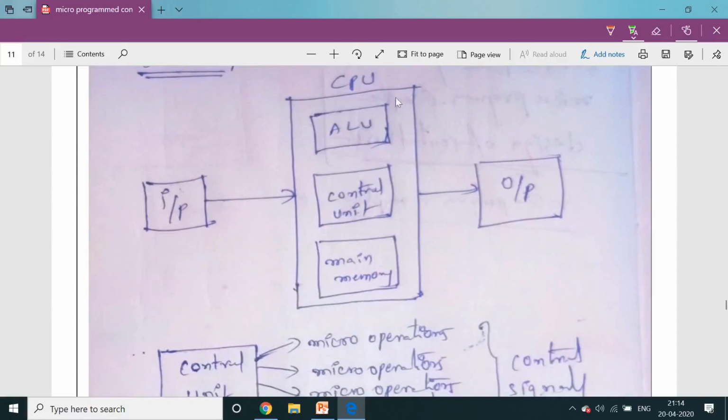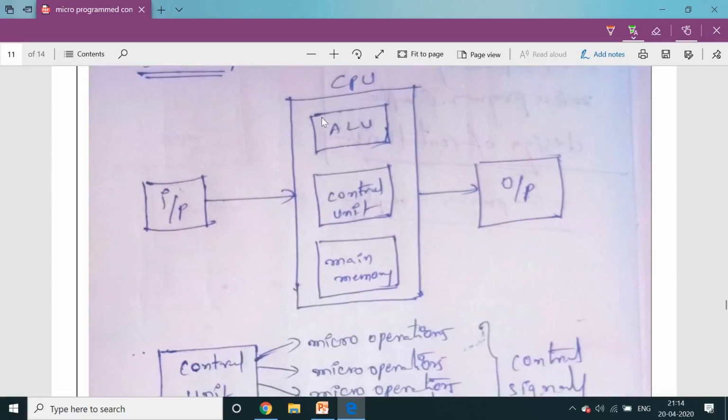Coming to the middle block, in between input and output devices, the CPU is there. CPU is the main block. It processes complete programs or any information in the form of binary values.